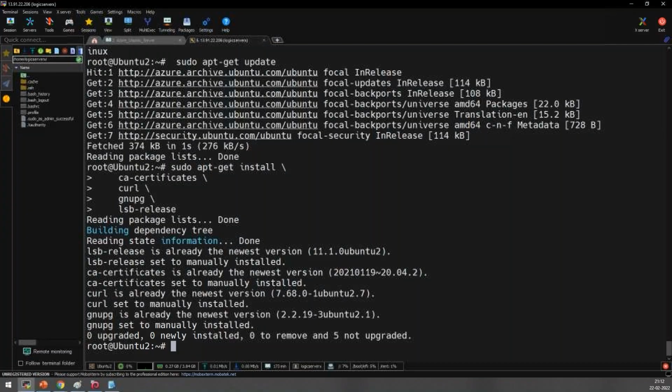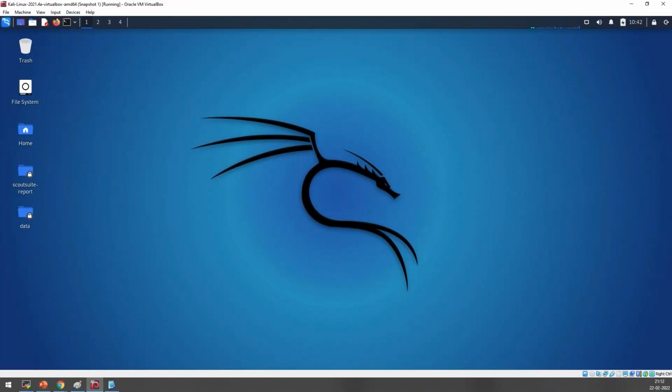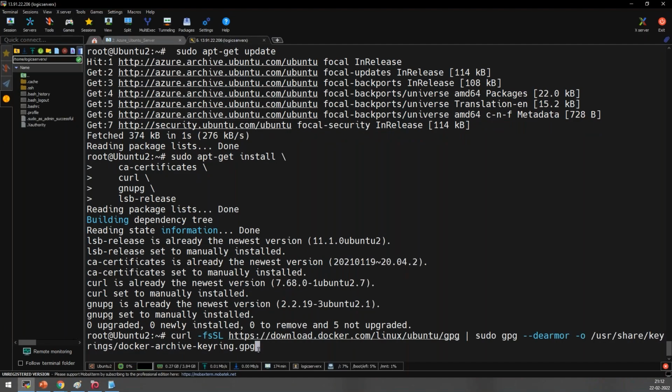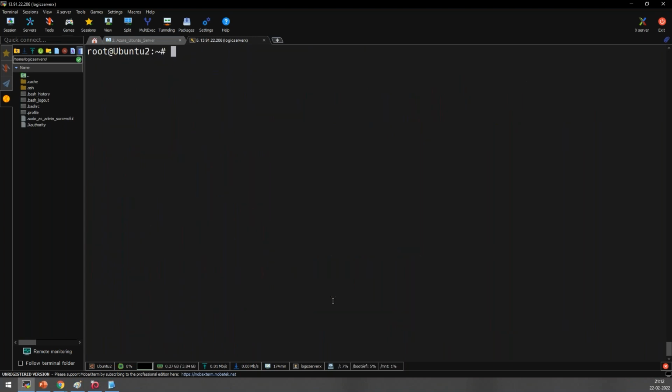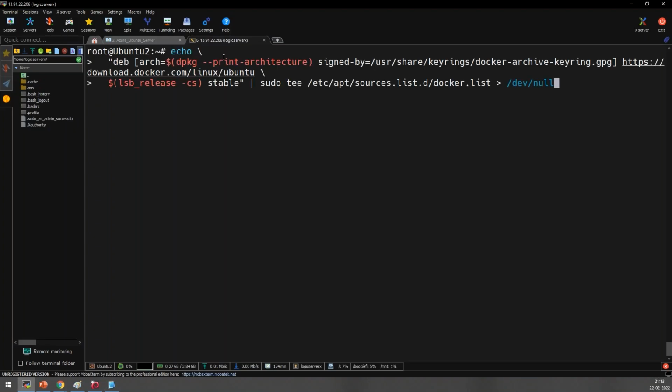So the next thing is the installation part. You have to add Docker's information to the Ubuntu repository. Just copy this and paste it in the Linux machine. The steps are not tough because this is pre-configured. You can just copy and paste from the official Docker website. There is no other detailed job you have to do here. Just copy and paste the commands.